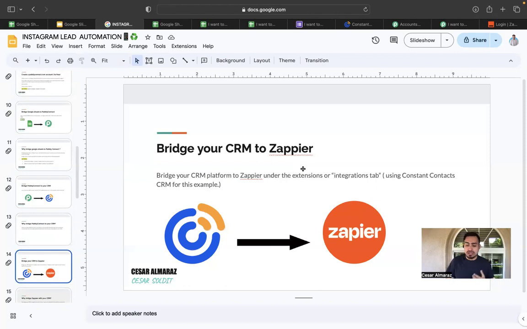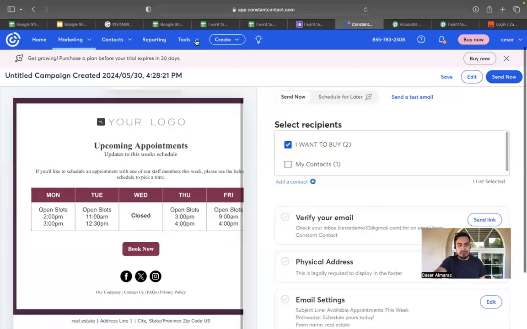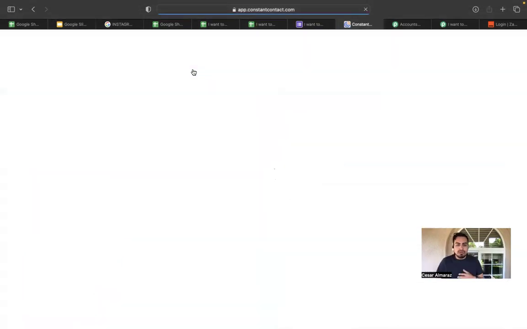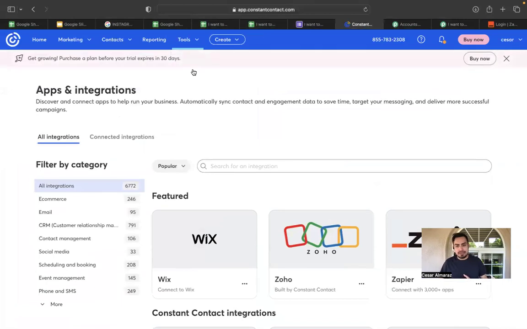Why are we going to do this? Well, you're going to see. I'm going to show you right now. So before I do that, let's go to Tools and then Integrations, Apps and Integrations. And the reason we're connecting Google Sheets with Zapier is because what we want to do is